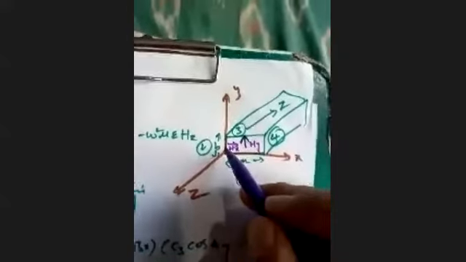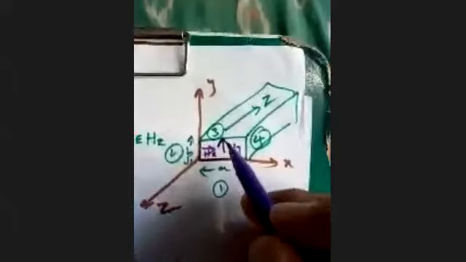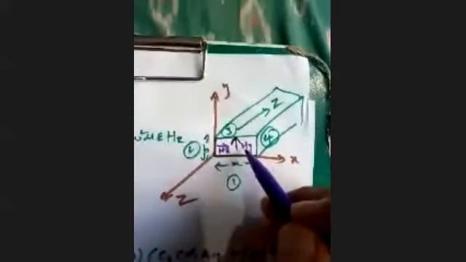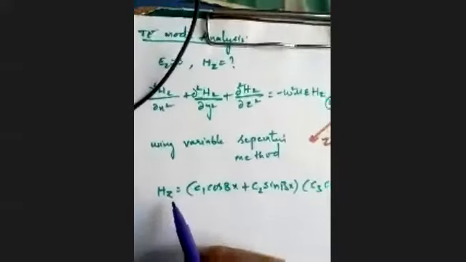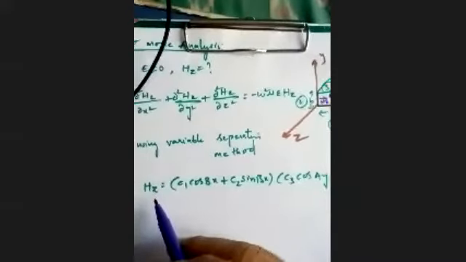Whereas for sides 2 and 4, the normal component is Hx. So at 2 and 4, Hx is 0, and at 1 and 3, Hy is 0. So we can make these two components 0 at these 4 boundaries. But do we have the value of Hx or Hy? No, we have the value of Hz. Is Hz a tangential component or a normal component for all these sides? It is a tangential component. Your Hz and Ez are the tangential components to all the 4 sides.